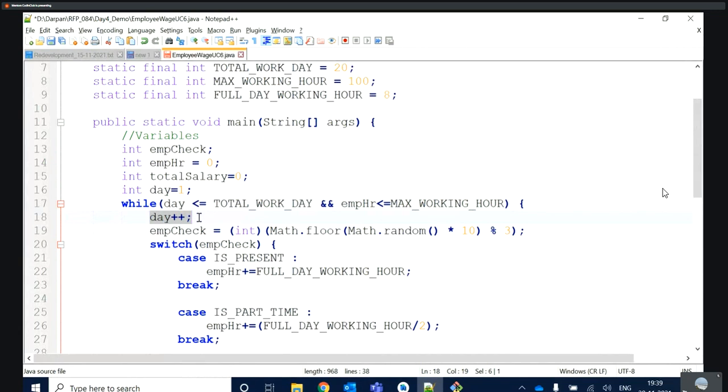Right now day one has been started. So start your day from zero and increment your day variable at first.